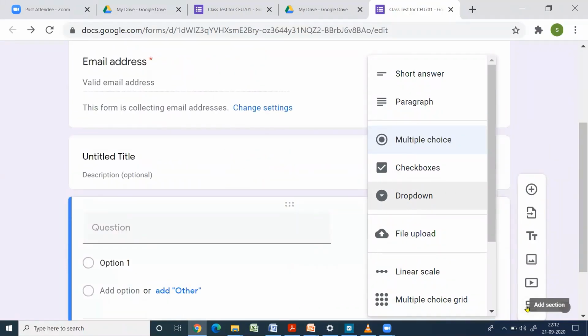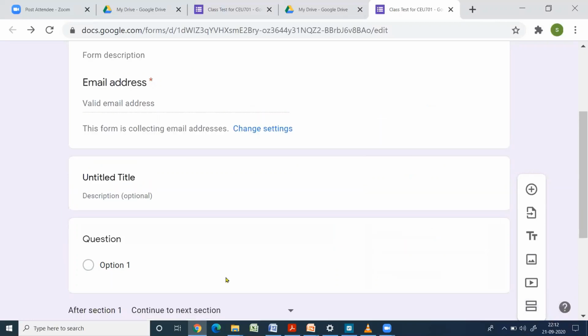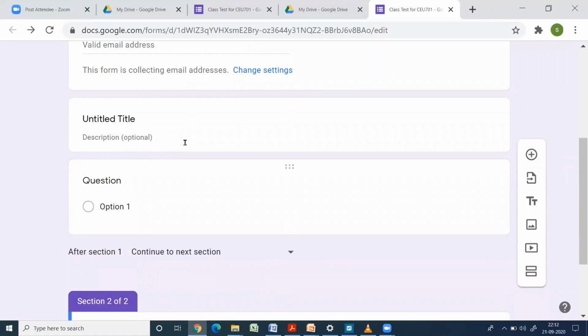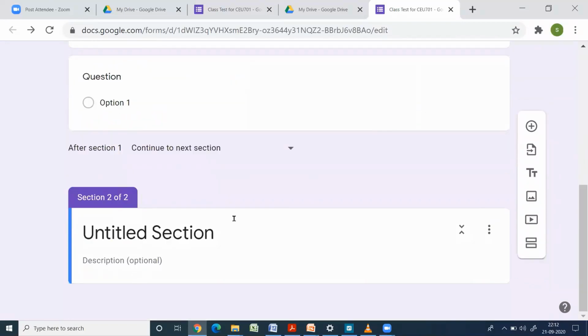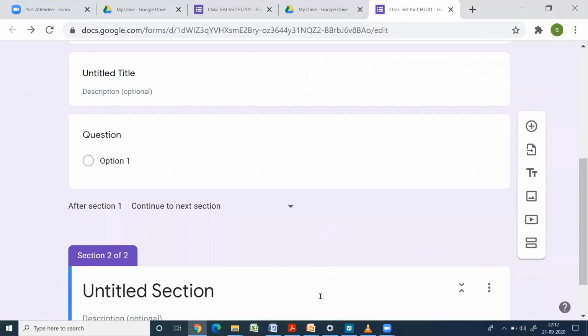And this one is for adding a section. For example, if you want to keep the personal information of the students separate, then you can make a section, the first section for student information, and after that you add a section. If you add a section, here you can see the second section. This first section is for writing the student's name, then student's ID, etc. And from this onward you can start typing the test questions. So this is how you can use all these tabs available here.